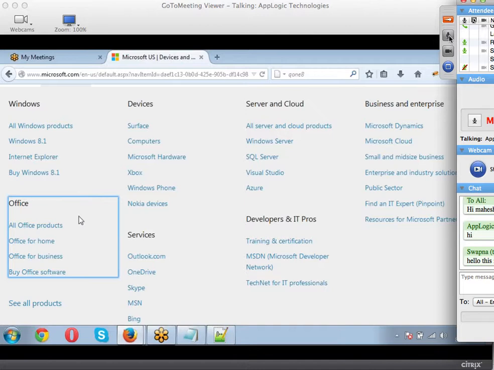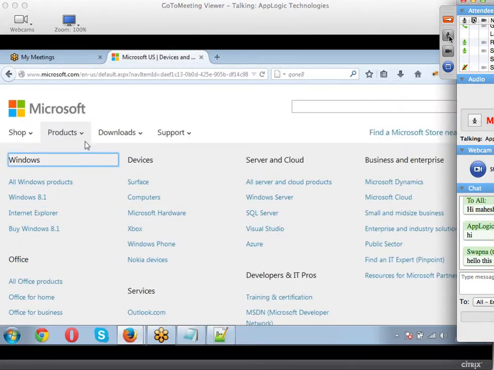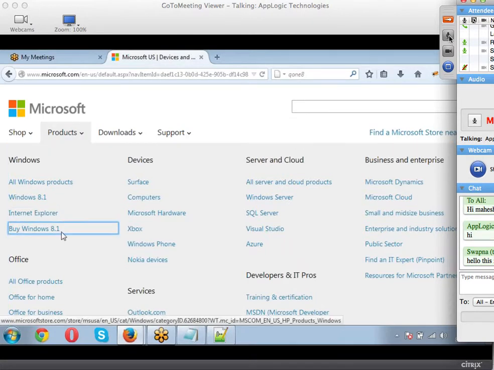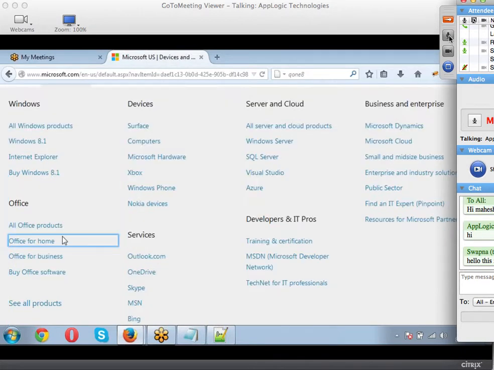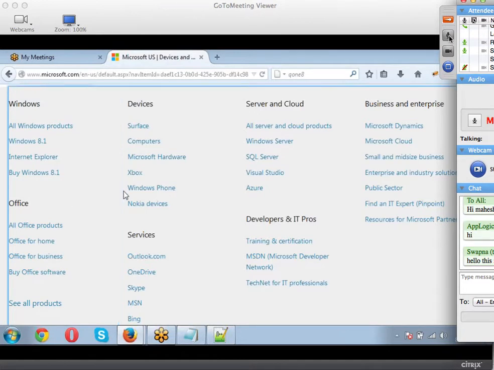The only thing you have to do is open the Microsoft page and click on this products link. Once the menu is open, grab the links inside it. There is also one more option: if you see, I can select all at a time. See, here it is. Can you see that? Firebug is identifying all at a time. Everything is identified now as a single object.